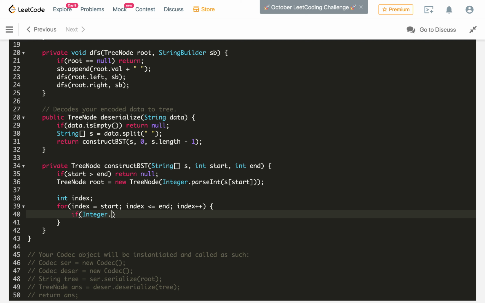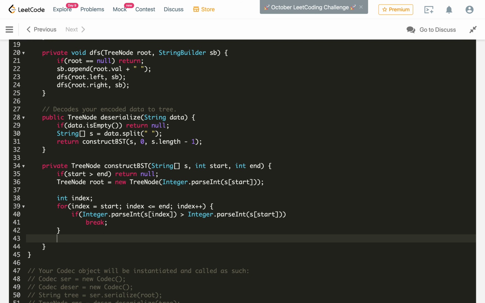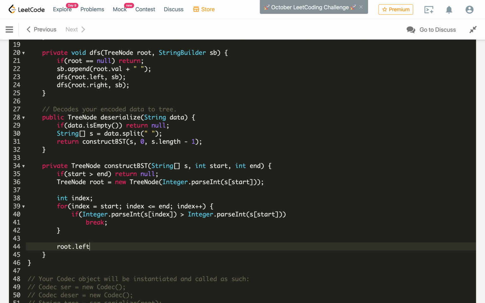As we have integers in strings, we will use parseInt for s of index. If s of index anywhere becomes greater than Integer dot parseInt of s of start, which is the root node of that tree, then we will break this loop.